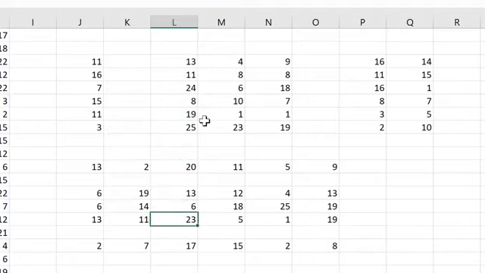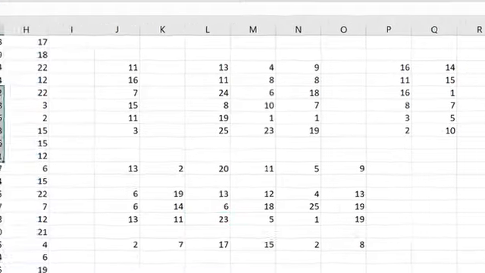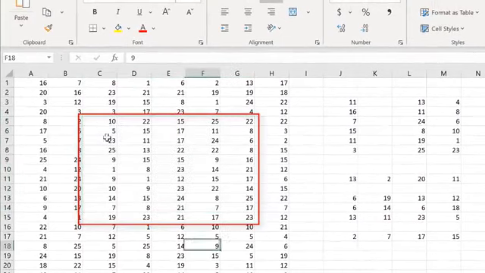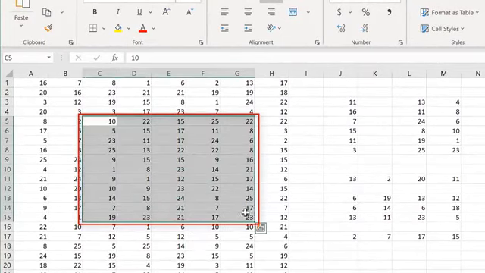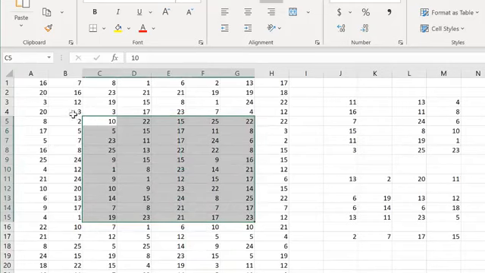So it basically goes to the first or last cell in that column or row of a contiguous block of cells. Let me now show you what I meant earlier by a selection. So this is a selection. You can either drag it out, that's a selection, cell C5 is the active cell,